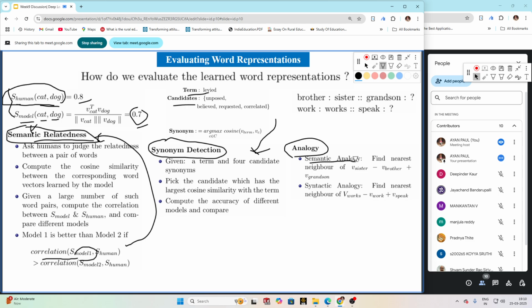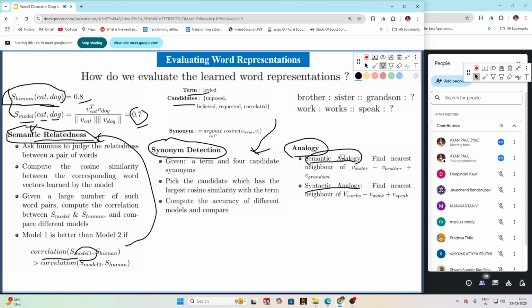One is the semantic analogy, and the other is syntactic analogy. Semantic analogy, you all know, is like: brother is related to sister, then grandson is related to what? For that we will be using a semantic analogy, because here we know that brother and sister are related by something. Sister is the feminine gender of brother. Similarly, what should be the feminine gender of grandson? So this type of analogy,